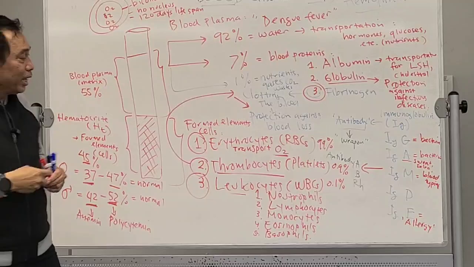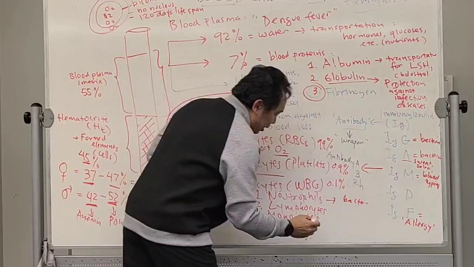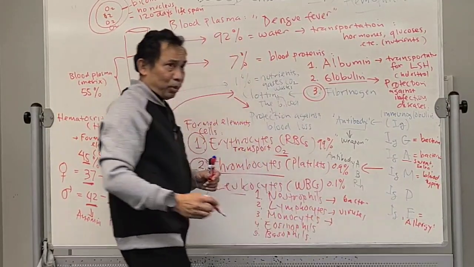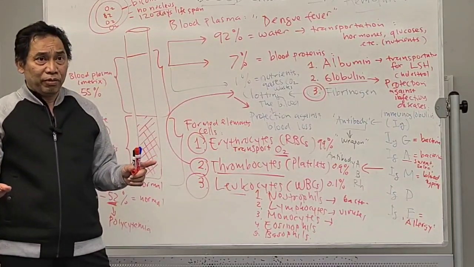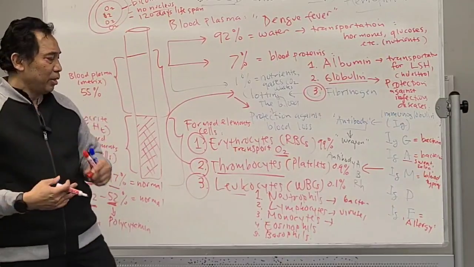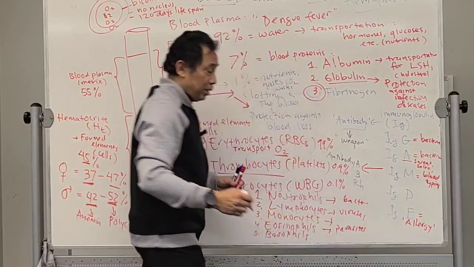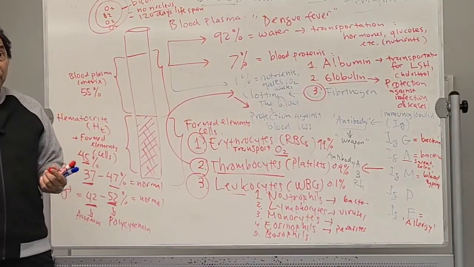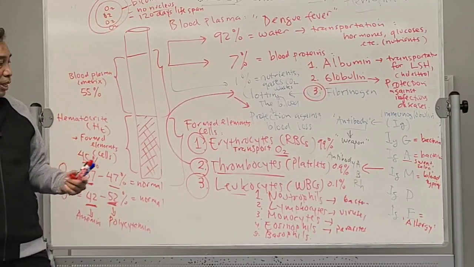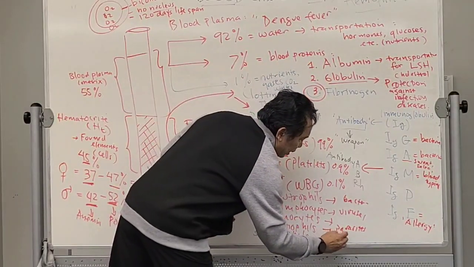And again, neutrophil fights against bacteria. Lymphocyte, viruses. Monocyte is also for bacteria, but mostly for long-term infection. When the infection is long-term, mostly monocyte will stay there and try to fight that bacteria. Eosinophil is for parasites, in case some people have worm infections, or maybe malaria. Malaria is caused by a parasite, so their eosinophil will be high. And the basophil is mostly for allergy.